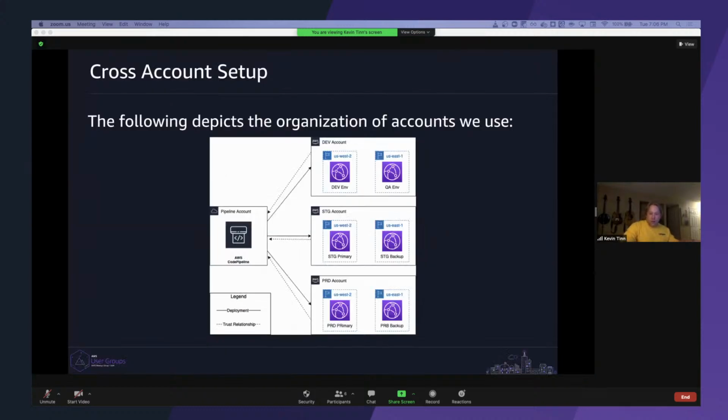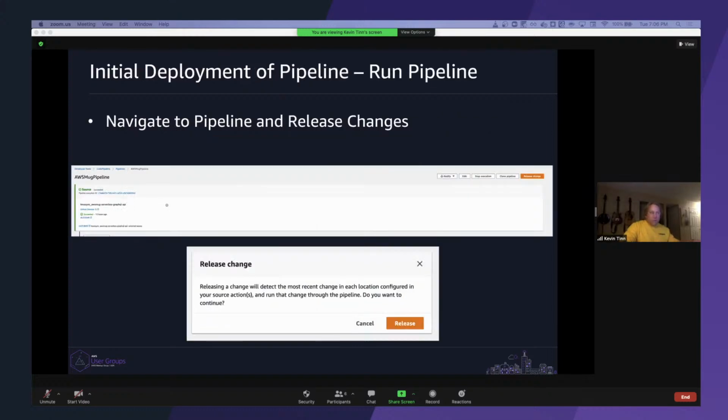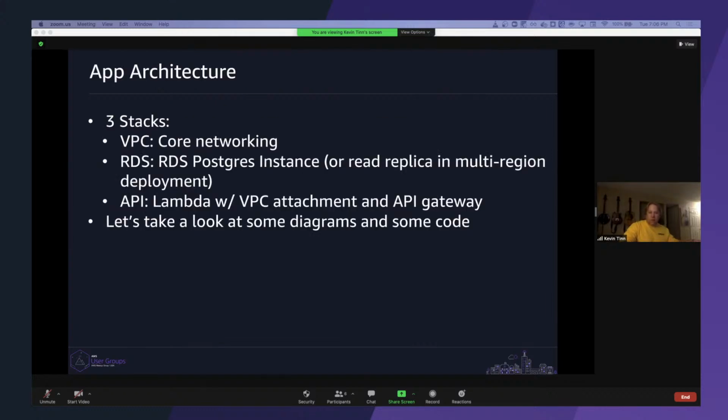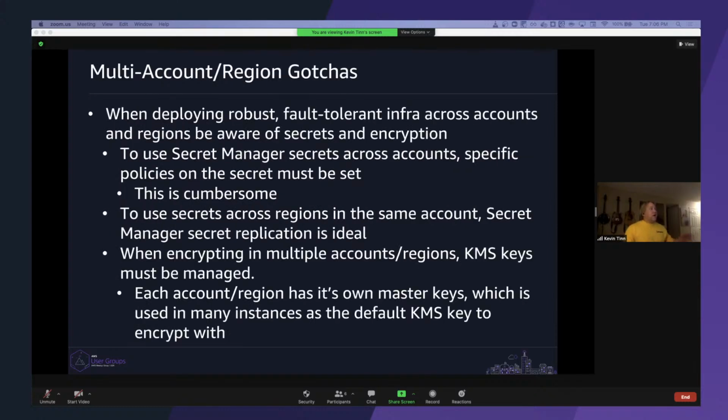Okay. So at this point, we have talked about running the pipeline and the application architecture. All right, so I've mentioned a little bit of this, but just to reiterate, I think a very important point: